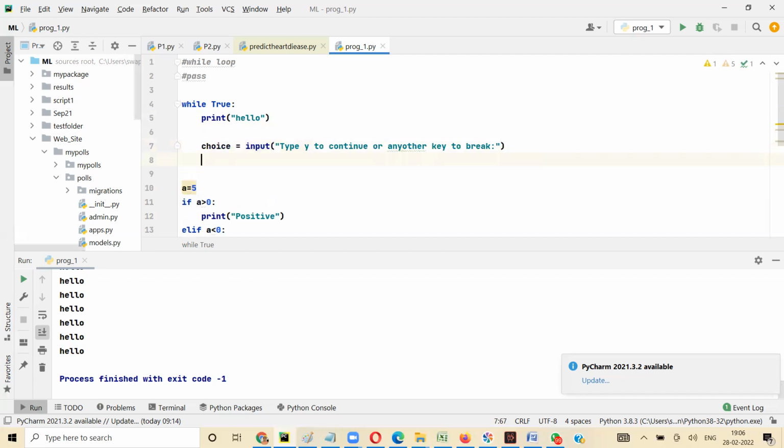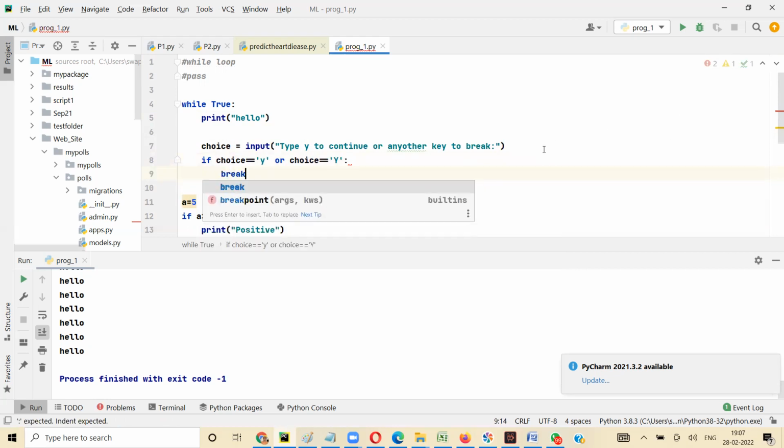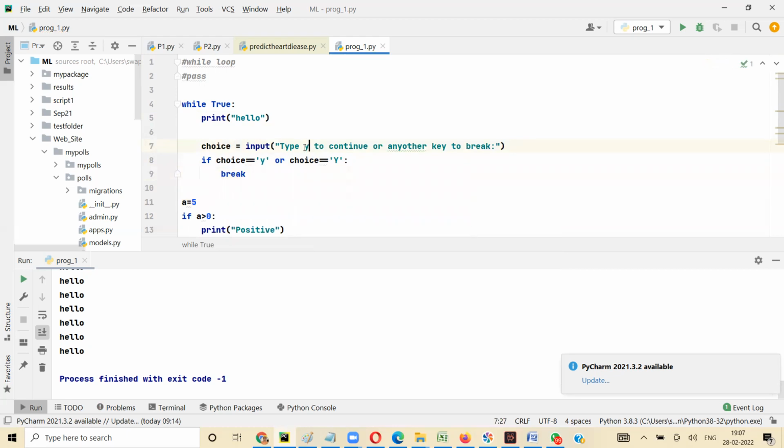अब मैं क्या करूंगा, I'll check the value of choice। If choice equal to small y or choice equal to capital Y, break। Y to continue, sorry, okay, कमेंट गलत है, क्या है, टाइप Y to continue। अगर Y हुआ तो कंटिन्यू करना है, एनी अदर key to break। तो व्हाट आई डू हियर, if choice equal to Y I will say pass, do nothing।